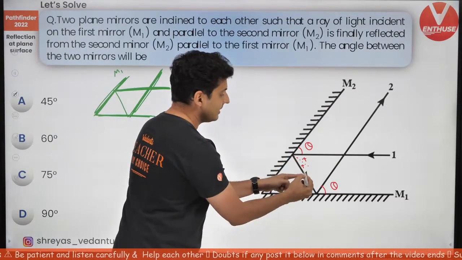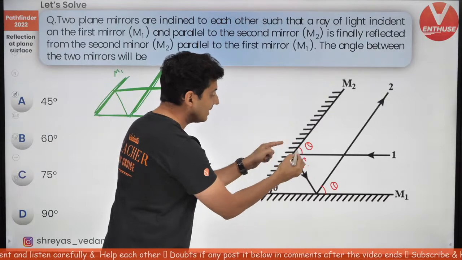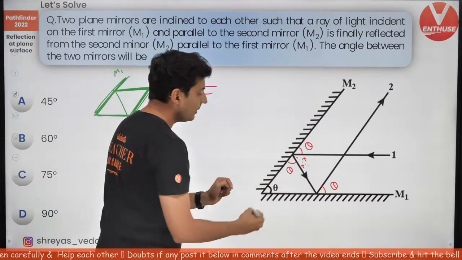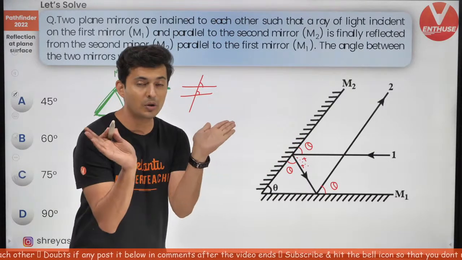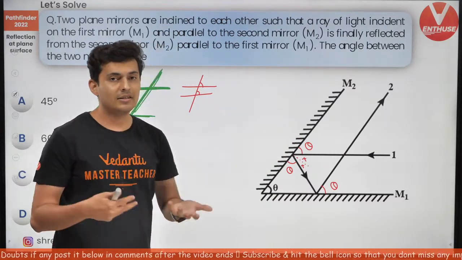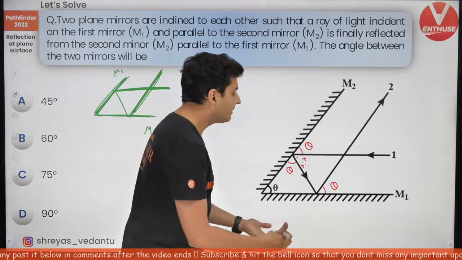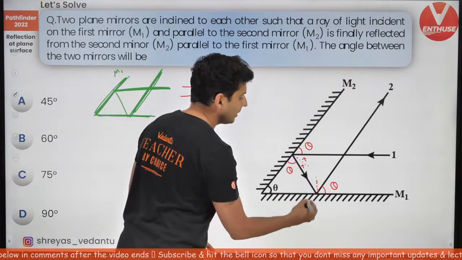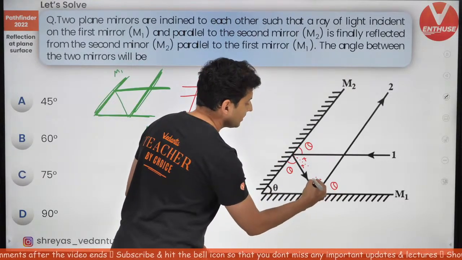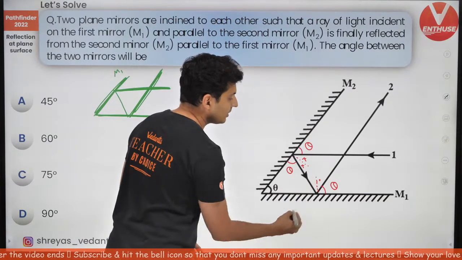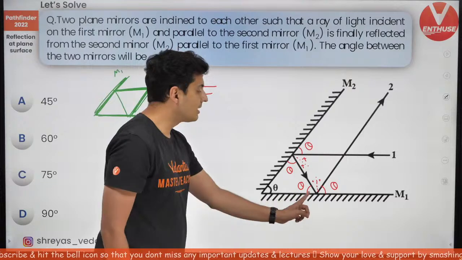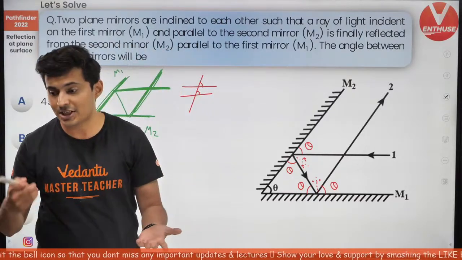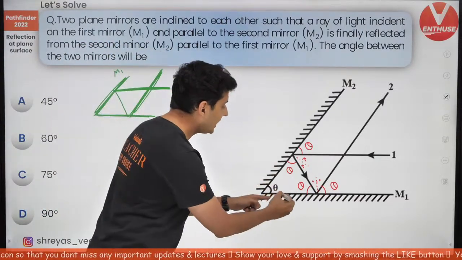This will be angle of incidence, this will be angle of reflection. So if that is theta, obviously this will be theta. Got it, my warriors? Because that side and this side, the rays should make the same angle. That is the law of reflection. Same thing, if I draw the normal here, this angle should be equal to this angle. That means this angle should also be equal to this angle. Angle of incidence equals angle of reflection. That's it. Theta, theta, theta.